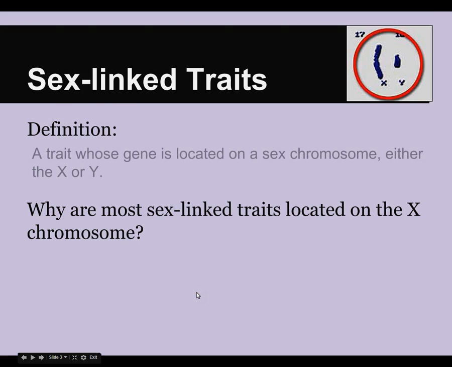So what are they? A sex-linked trait is one where the gene, the code, is located on the sex chromosome, either the X or the Y. Most sex-linked traits are located on the X chromosome, and the reason for this is, number one, just